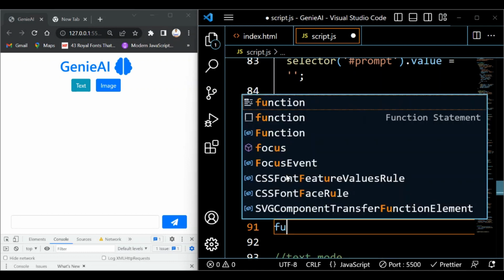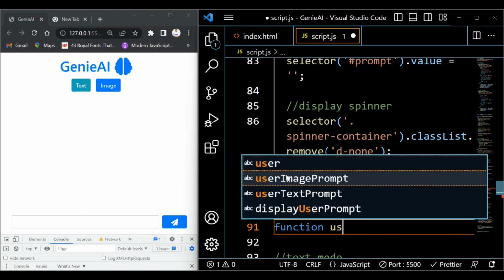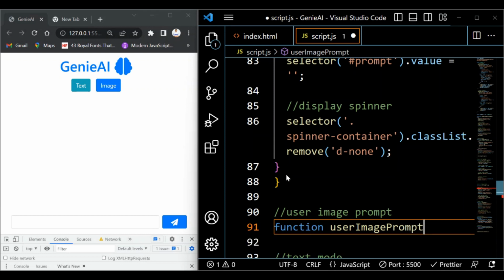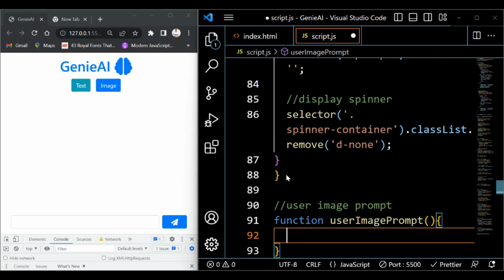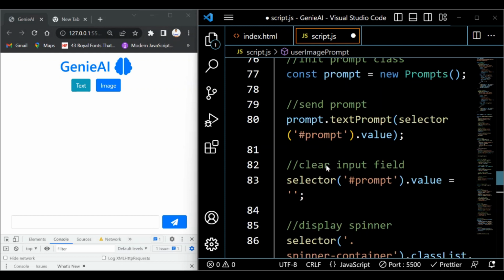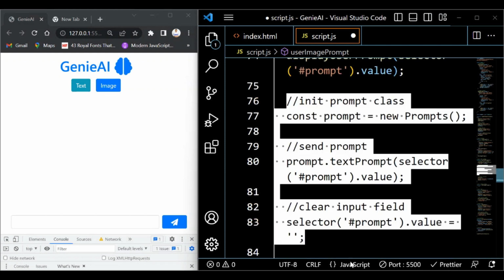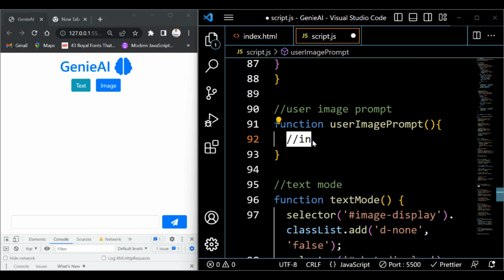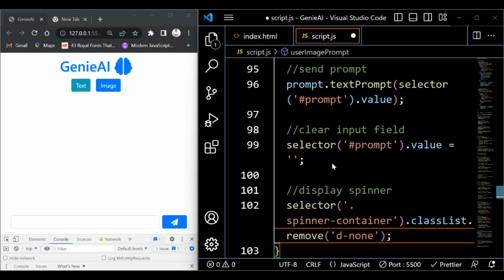So I'm going to say function user image prompt, and we're just going to initialize. Let's just copy what we have here, copy this, paste it, but